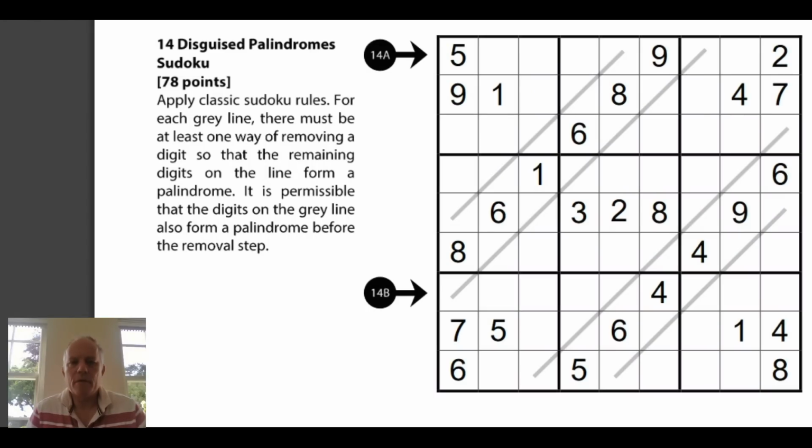Now, Simon's had a look at one of the very hard puzzles in the recent Sudoku Grand Prix round, a killer. And I'm going to have a look at another hard puzzle, not theoretically quite as hard, but difficult, I think, because this one is a type that nobody's seen before, or certainly I hadn't seen before this